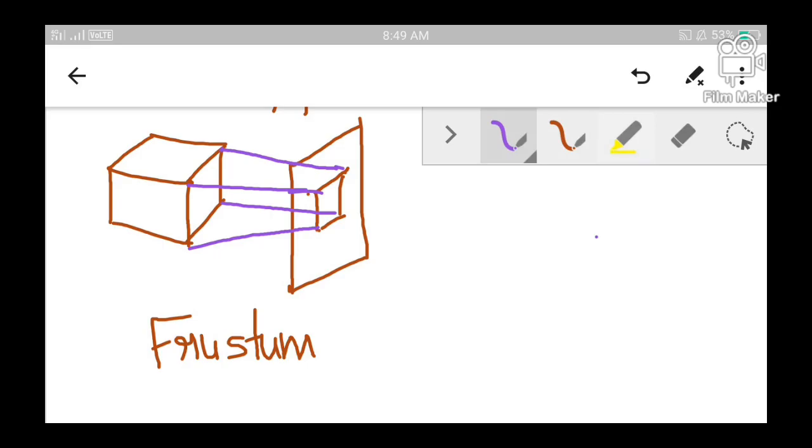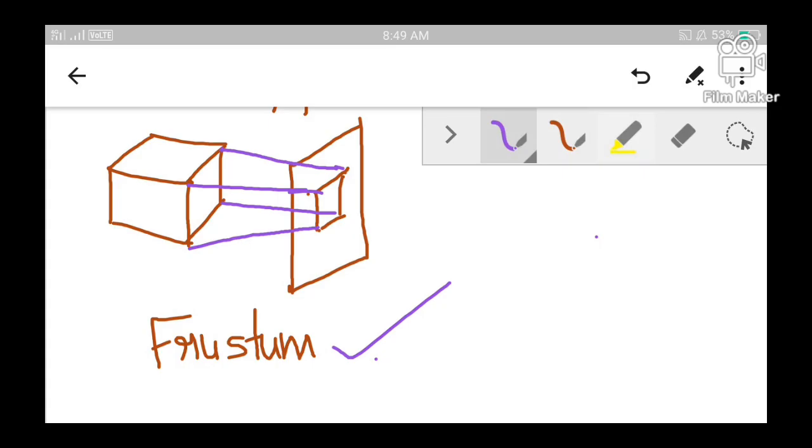The area covered by this shape, or this view volume, is in the form of a frustum. Let us consider this shape alone.